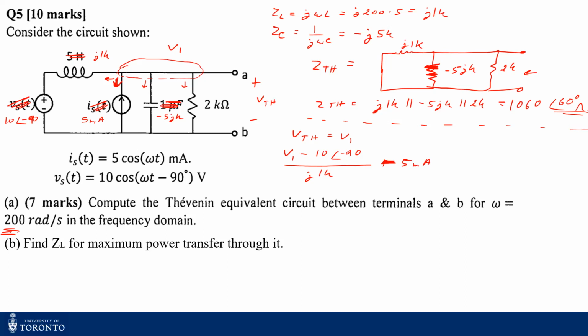And then plus V1 by minus j5k, that's the current through the capacitor, plus V1 by 2k, equal to 0. In this equation I just have V1 as my variable. When I solve this equation, I will get my V1 to be